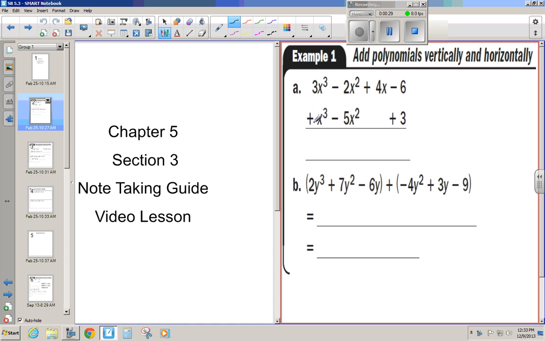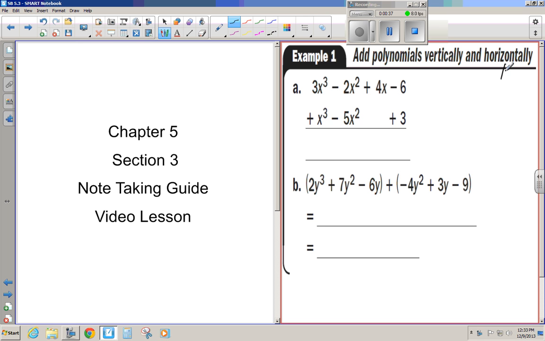To begin with, adding polynomials. I do a lot of this horizontally. I like this way. I can do both, and I can see a benefit of both of them. I learned how to do it horizontally, and that's fine. So with example A here, the first thing you need to do for vertically